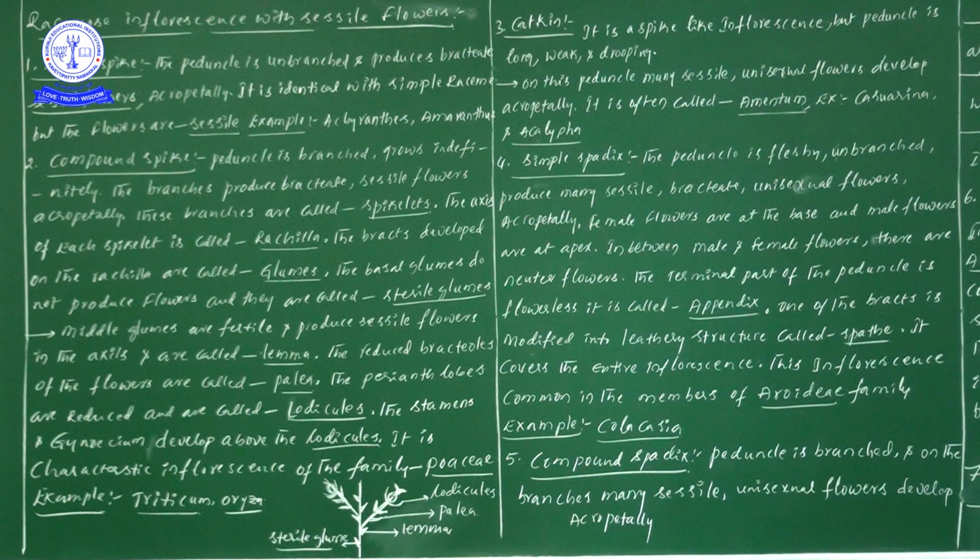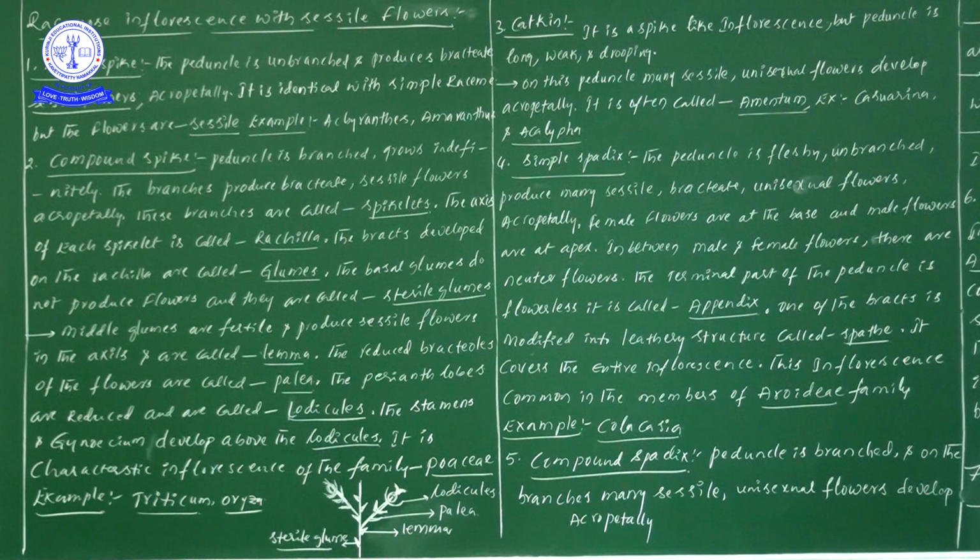You see, again acropetally, meaning in this racemose inflorescence the flower arrangement will definitely be acropetal. Acropetally means old ones at the base, younger ones at the top. Later, female flowers are at the base. So here we can understand that there are three different types of flowers present. Female flowers are present at the base and male flowers at the apex. This particular point is also important.